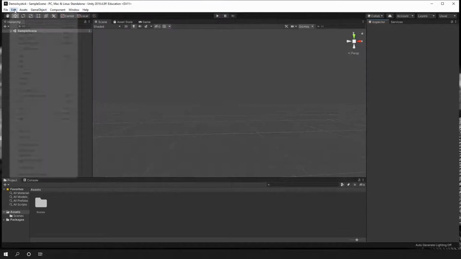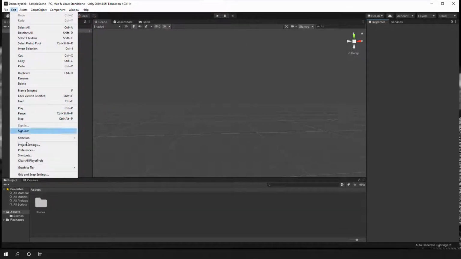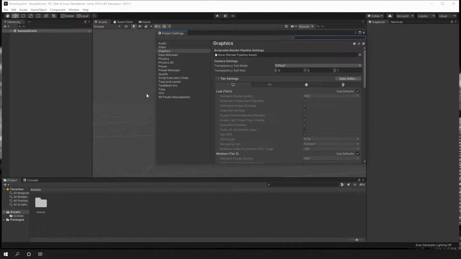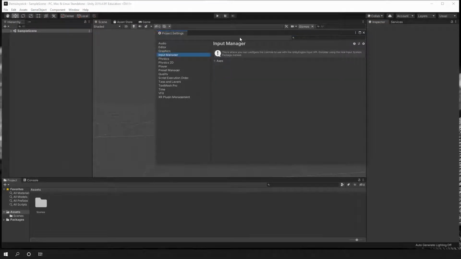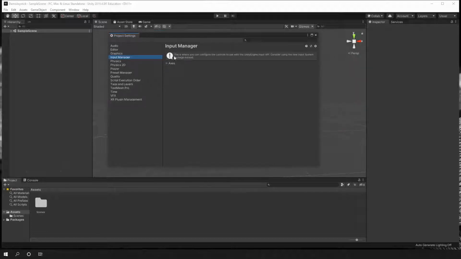What we want is actually the input. So if we go into project settings, you will find input manager. And as you can see, it says this is where you can configure the controls to use with the UnityEngine.Input API. Consider using the new input system package instead. Okay, so this is exactly what I just told you.